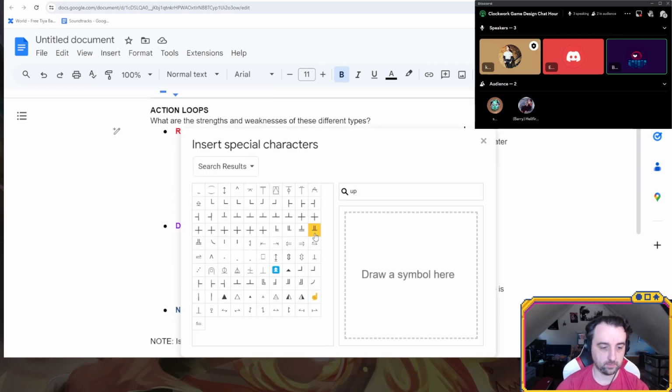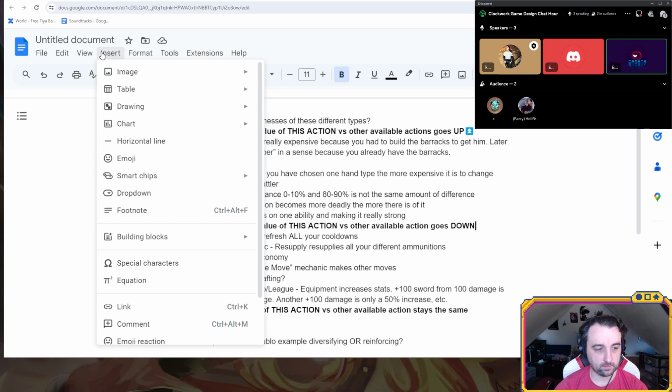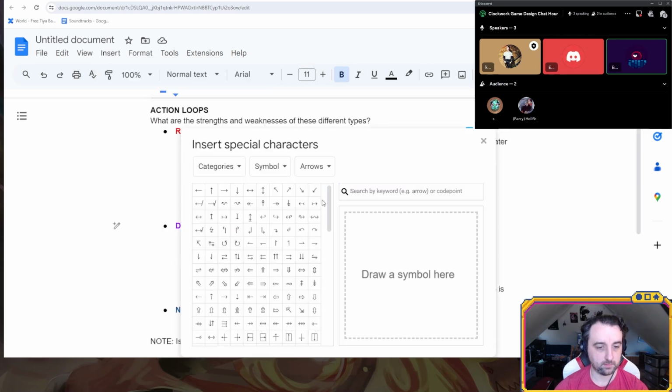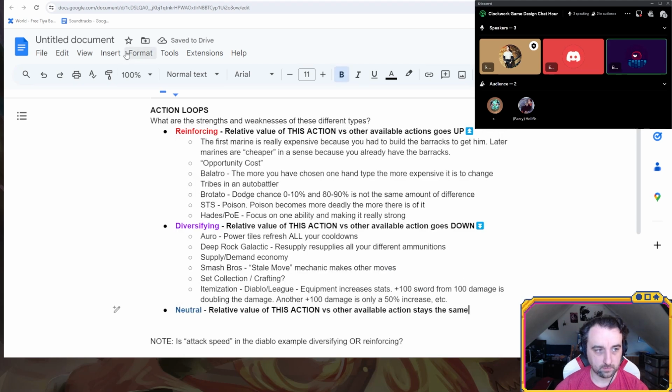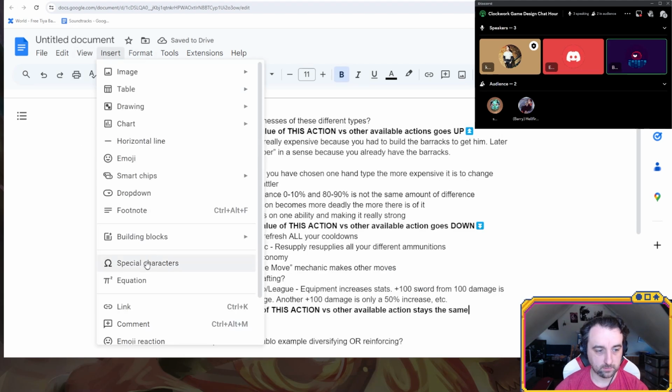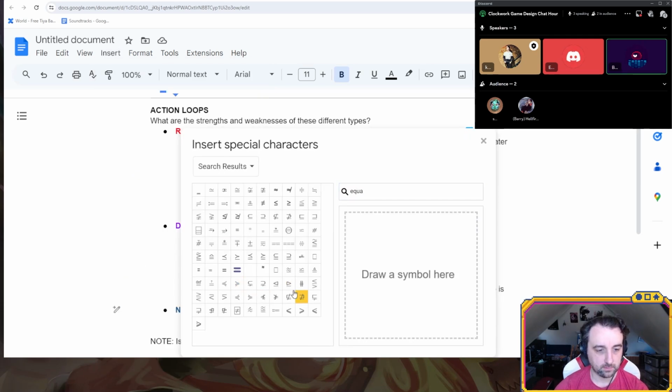Common examples of this would be a lot of JRPGs, where you have various actions you can do and some shared resource that you spend on them. So you have option A, option B, option C. You spend some mana on them, and then you can spend mana on them again.